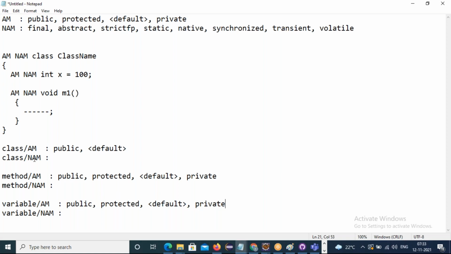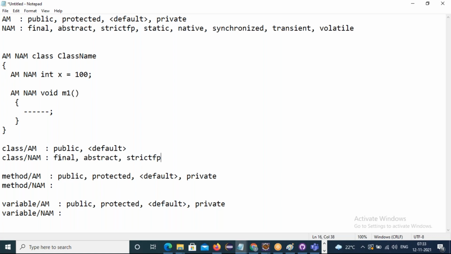Coming to the non-access modifiers for classes, how many are supported among these 8? Final, abstract, strictfp. Only these 3 non-access modifiers are supported for a class.